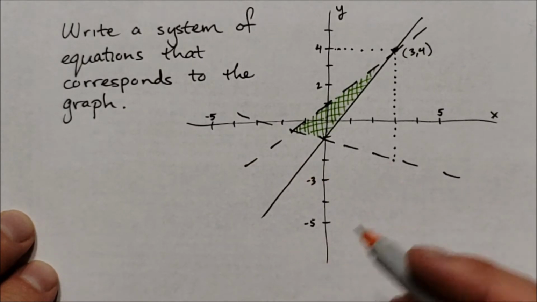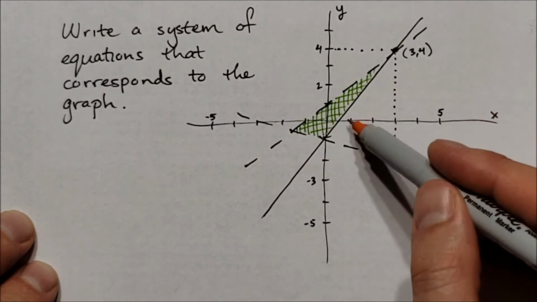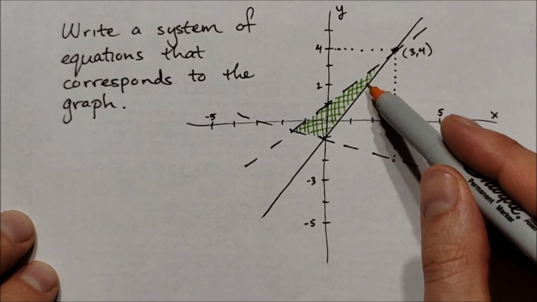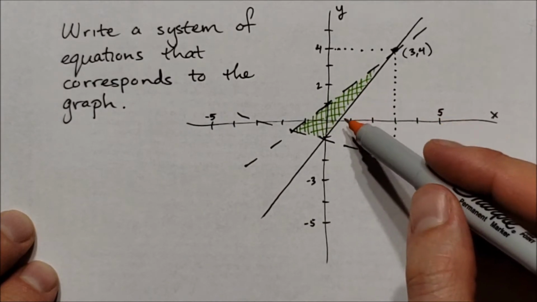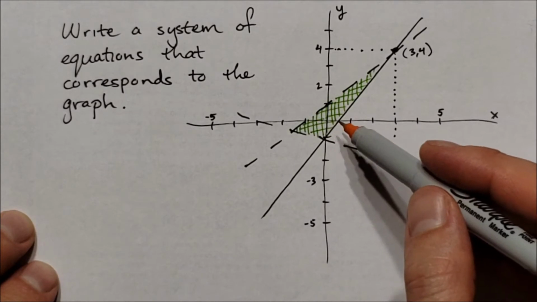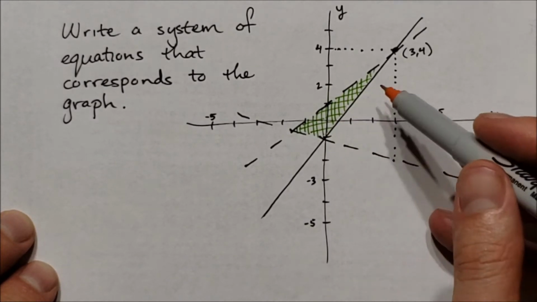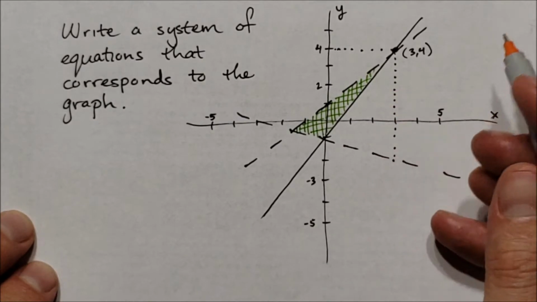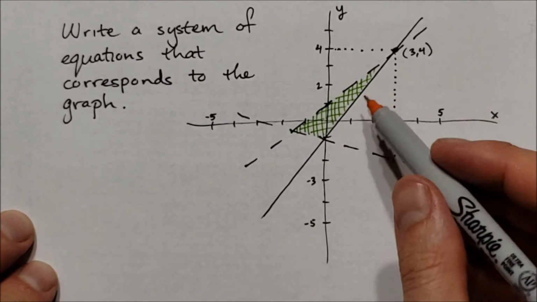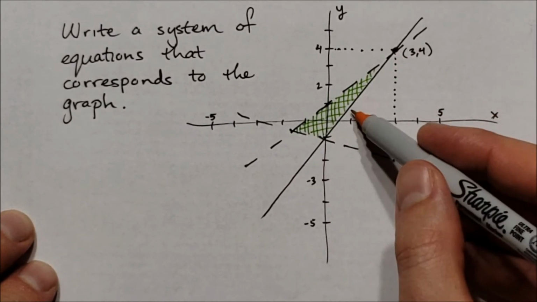So this triangle area is the area that is enveloped or encompassed by the inequalities. It's a triangle, so there are three boundaries, so we're going to need three inequalities. We'll take this solid one here first,